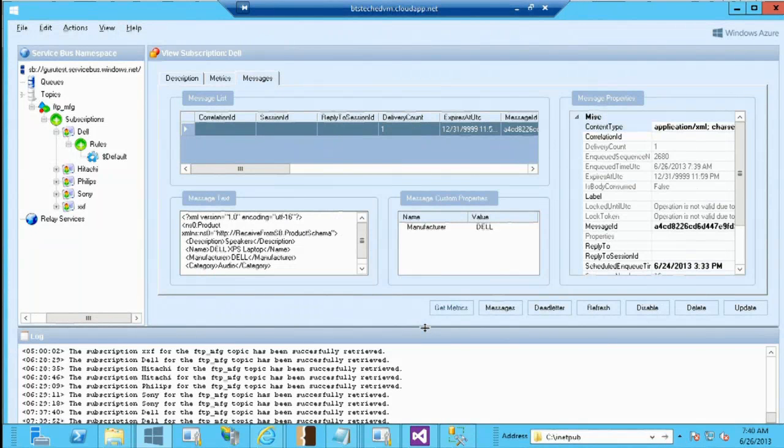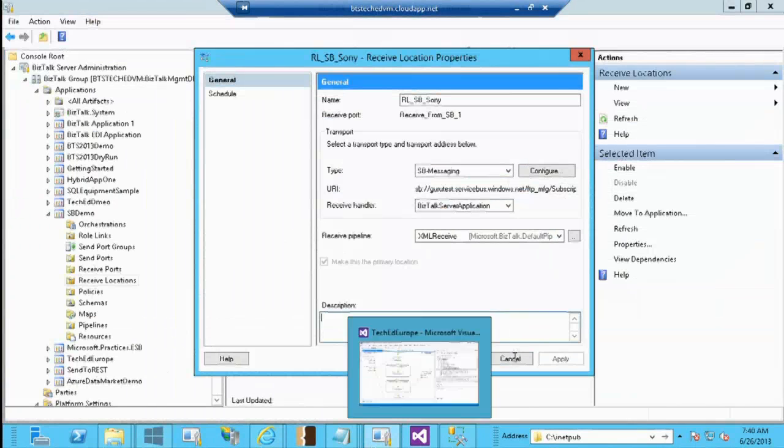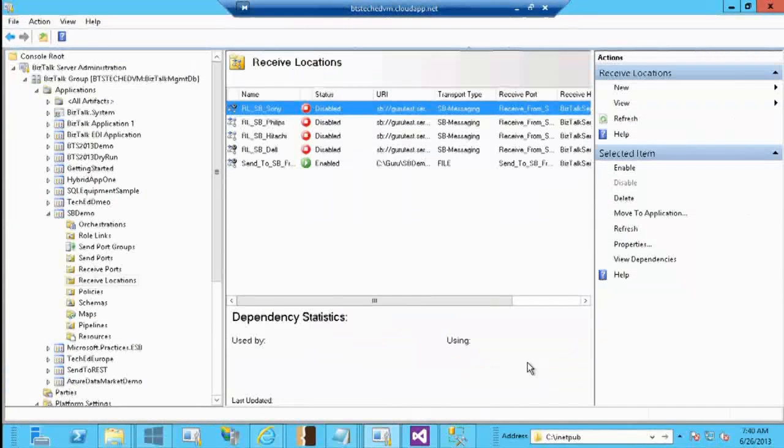This is a very important aspect because this is a very common scenario where BizTalk will be receiving at a very high rate from an upstream system, and the downstream system may not be available. And you don't want to lose these messages, right? So by putting it into a Service Bus queue, and especially under a different topic, we can not only receive those messages, I can actually classify those messages for different applications. The example is very simple, but provides a very powerful concept, the store and forward concept.